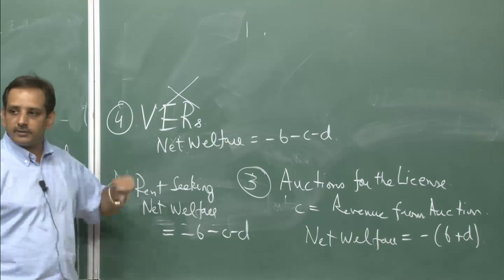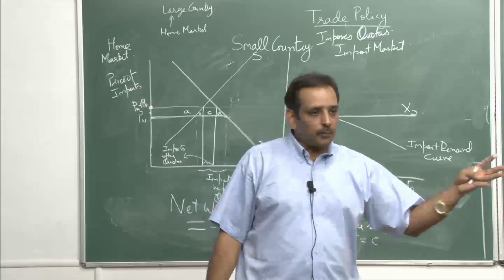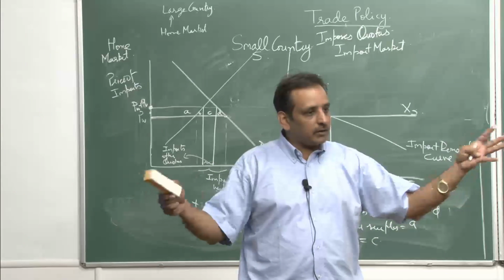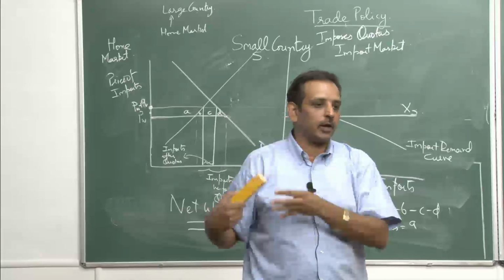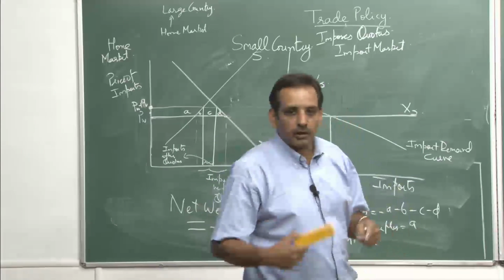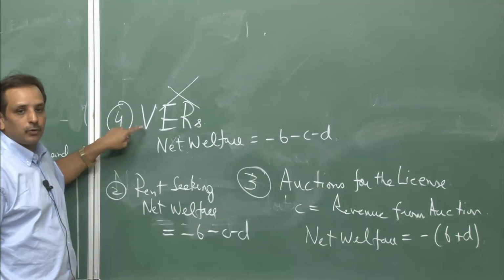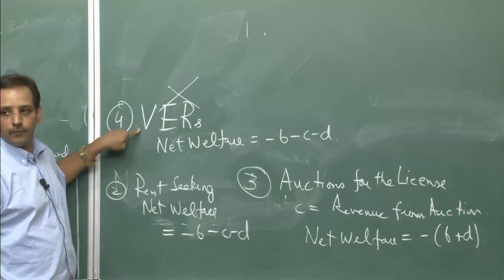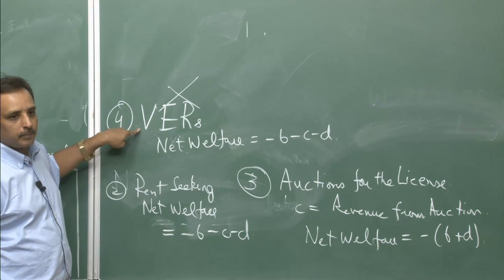Second, once this MFA agreement gets abolished, there is a possibility that there will be a surge of clothes, textiles, ready-made garments coming from China. So then they imposed a condition, the Europeans, the US, that the Chinese need to show VERs, which the Chinese took